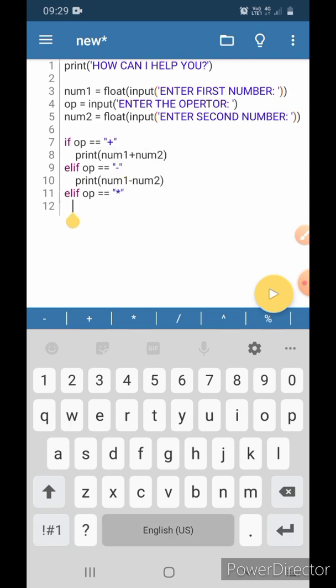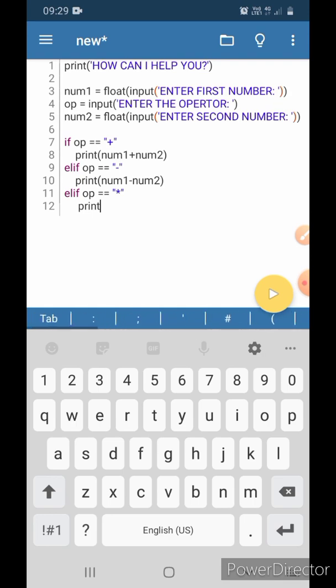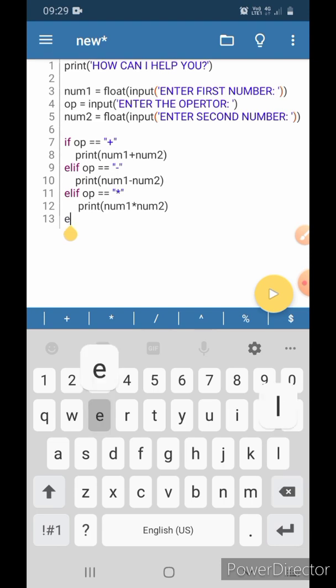And then write print, and then you have to write again num1 into num2, and again elif op is equal to